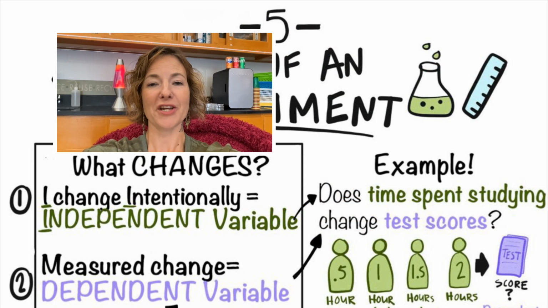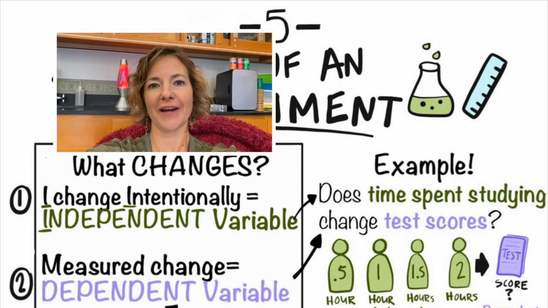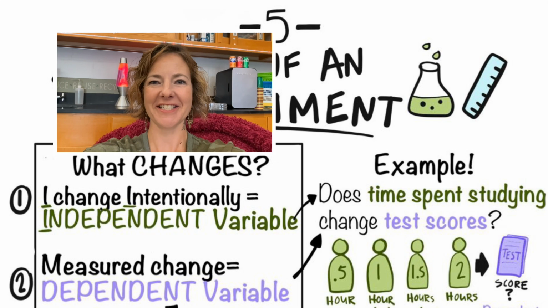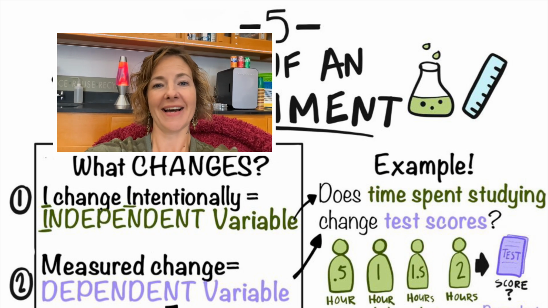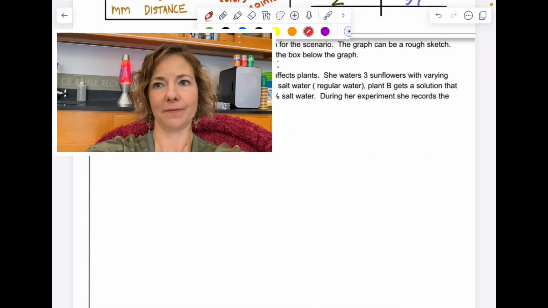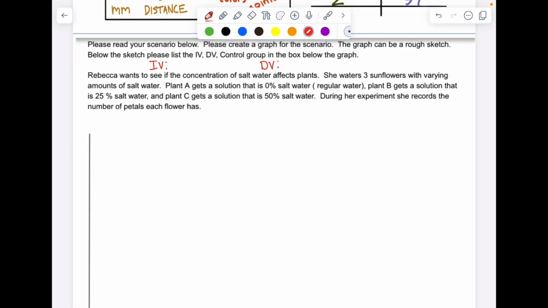All right, so make sure that you go over how to identify those variables, independent and dependent. Make sure that you go over the constant and the control. Finally, we have graphing. In order to do a graph correctly, you do have to be able to identify the variables. So if we take a look at this particular experiment, you can pause it before I go over it and then try to identify what's going to go on the x variable and what's going to go on the